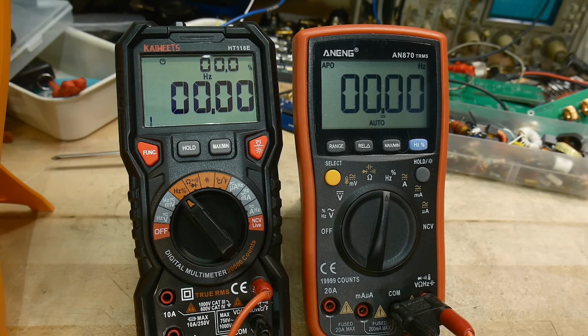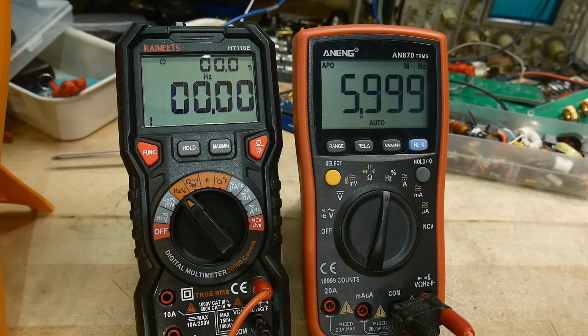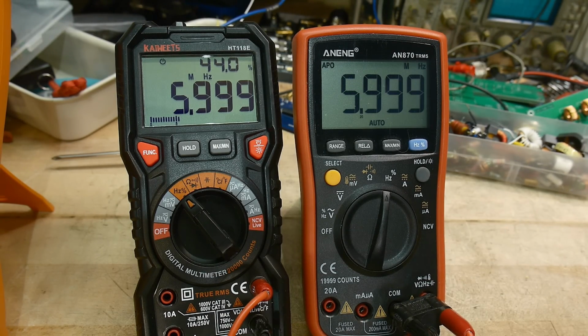Frequency. So we need to back off of the frequency. Let's go to 4 megahertz. Yeah, 4 megahertz is fine. 5 megahertz, fine. 6. And 8 is bad, and 7 is bad. And 6 works. So they probably have the same chip in them. I mean, I don't know. Anyway, so 6 megahertz is fine. So let's go back to